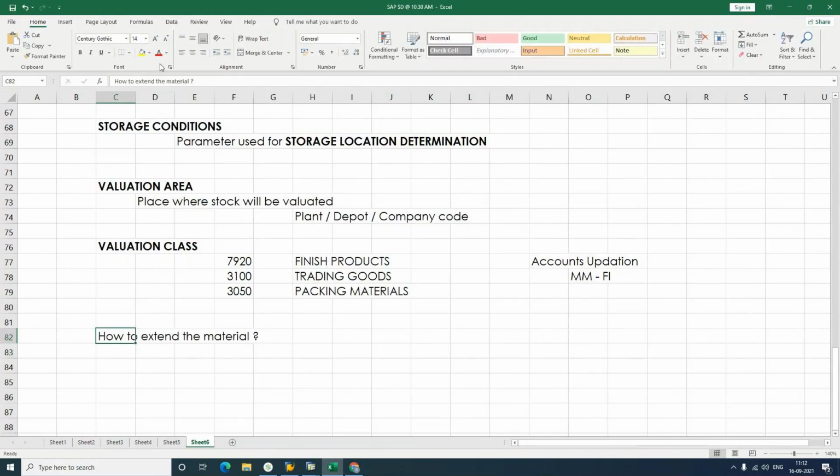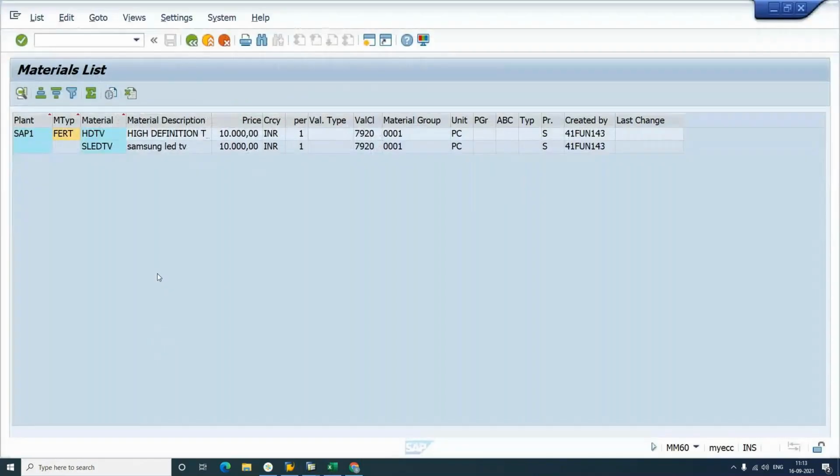Now how to extend the material to a second plant or a second storage location or anything, or to a sales organization, to a distribution channel, how you do that extension. To extend the material, we use the same transaction code MM01 itself. For creating the material, same transaction code. For extending the material, also same transaction code. So if we execute MM01 once again,